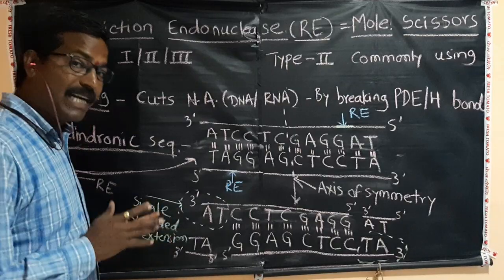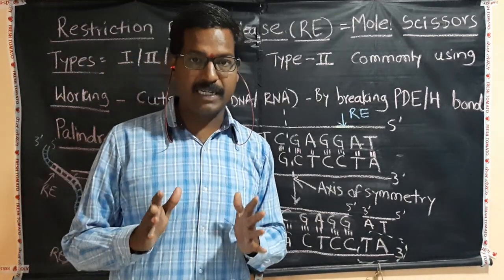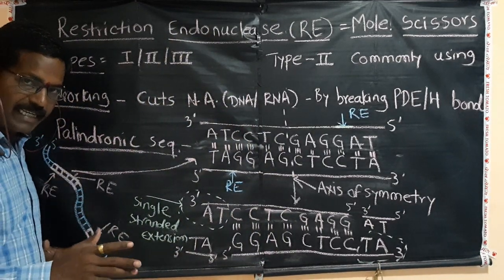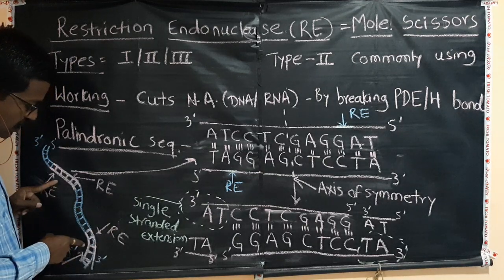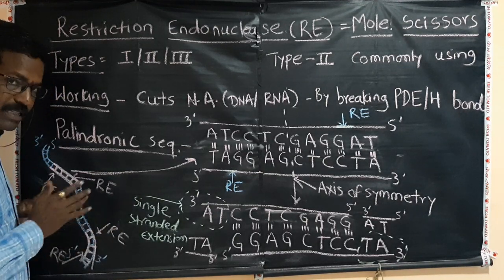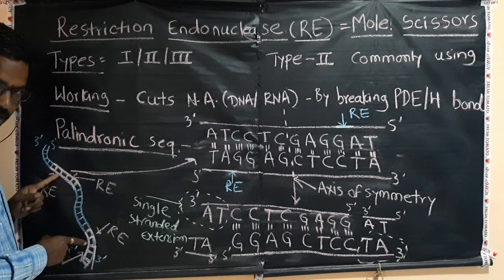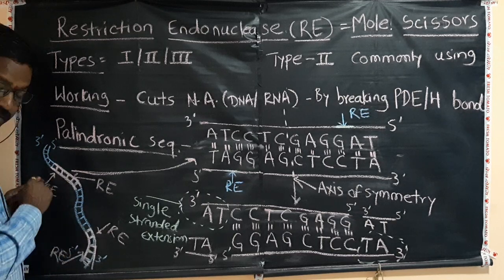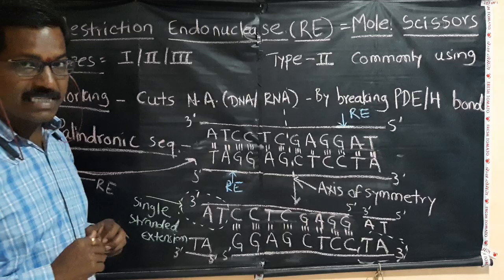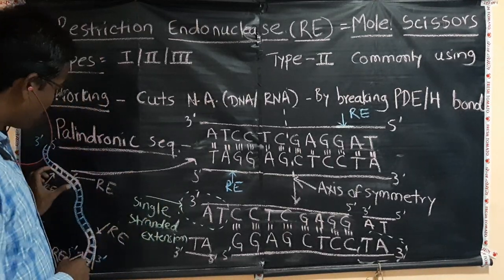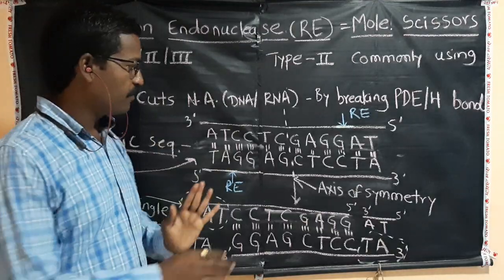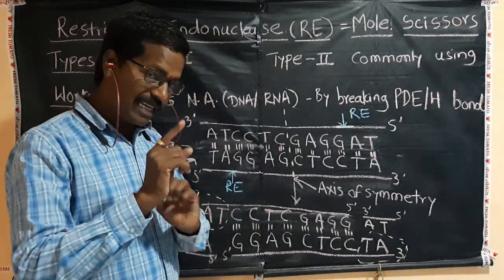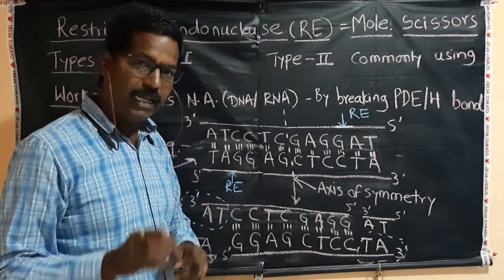So what is a palindromic sequence where the restriction enzyme will cut the DNA? We'll understand it nicely. Suppose this is a lengthy DNA, a big DNA in length, and there are two sequences which are called palindromic sequences. Now what is a palindromic sequence? I will explain. So these are the two palindromic sequences. The restriction enzyme will work here, here, and here. How that process of restriction enzyme working happens, I will explain. Suppose we have taken this short piece and that short piece is extended here. This is a palindromic sequence which is present on the nucleotides, and the restriction enzyme will recognize that palindromic sequence present on your DNA and it will cut it.